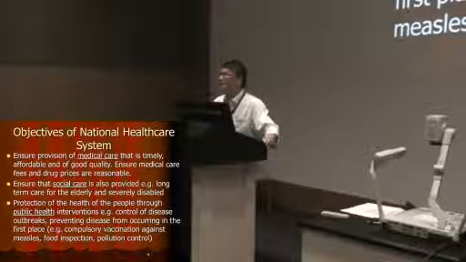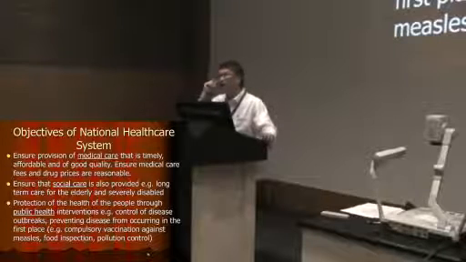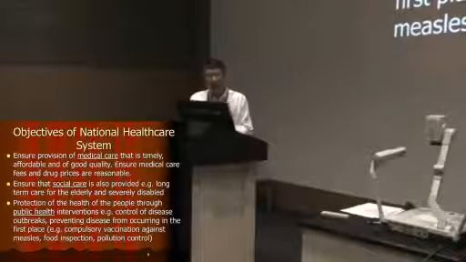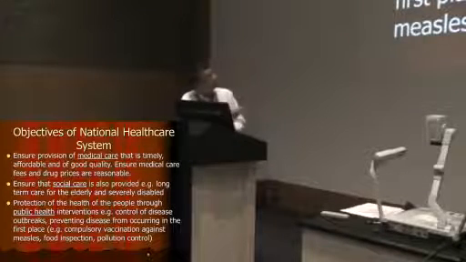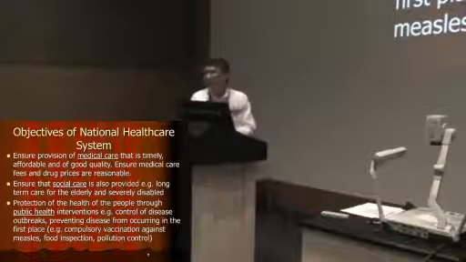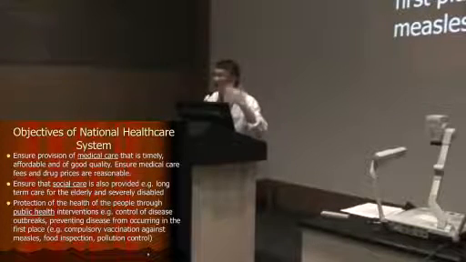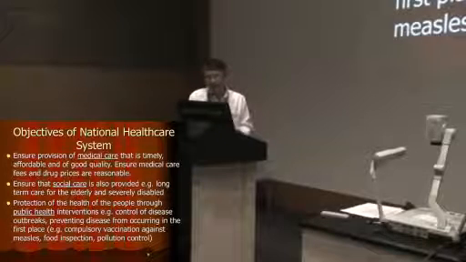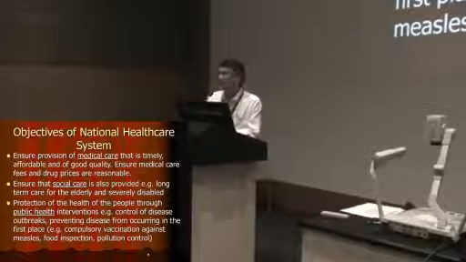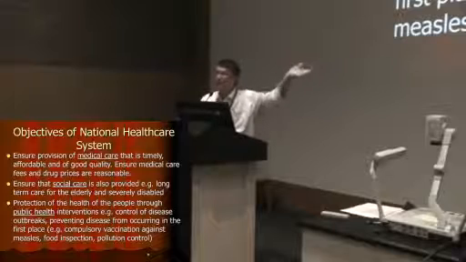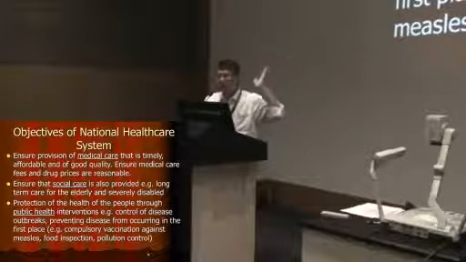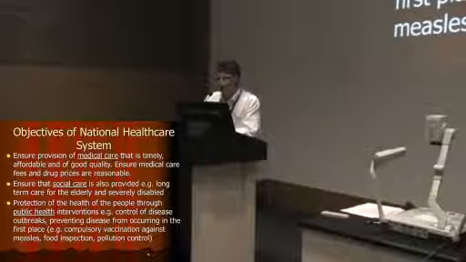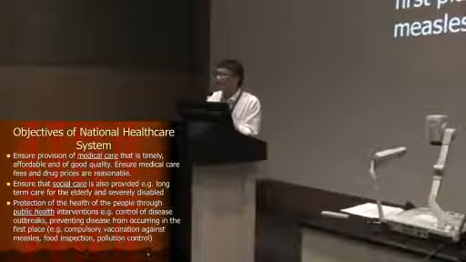Good quality or reasonable quality. The higher the quality of the healthcare, the more it may cost. So reasonable quality. Ensure medical care fees and drug prices are reasonable. Some drugs are very expensive, especially branded or proprietary drugs. They cost a lot of money. Ensure that social care is also provided, for example, long-term care for the elderly and the severely disabled. The older you are, the more likely you have disabilities. And some people are young and disabled because they are born with disabilities. Some because they get into serious road traffic injuries and so on.